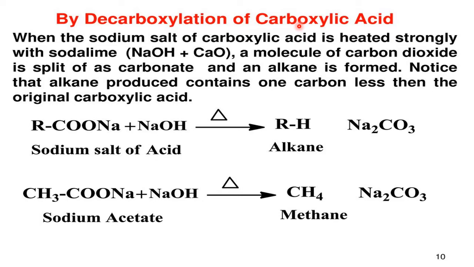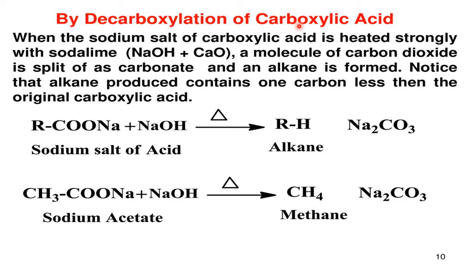So we have to take the carboxylic acid, then that group we will decarboxylate. For that, first we select the carboxylic acid, then we convert it into a salt of carboxylic acid, the sodium salt or the potassium salt, because salts are easy to handle. They are easily soluble in water. So there are some plus points in selecting the sodium salts of carboxylic acids.